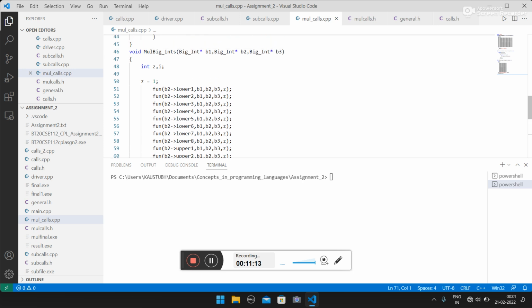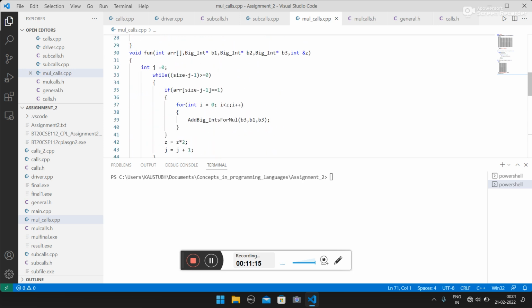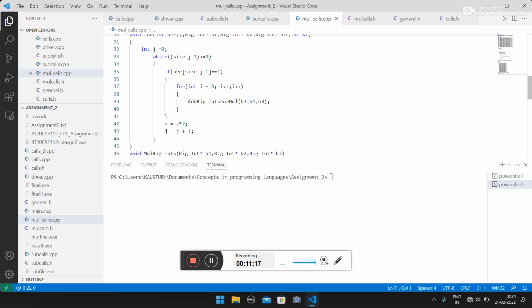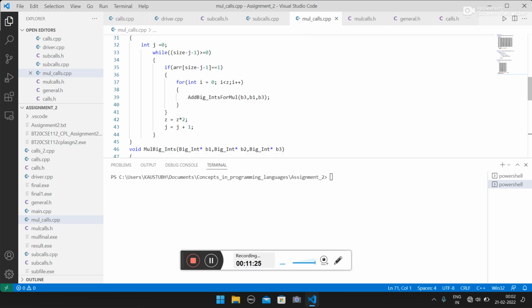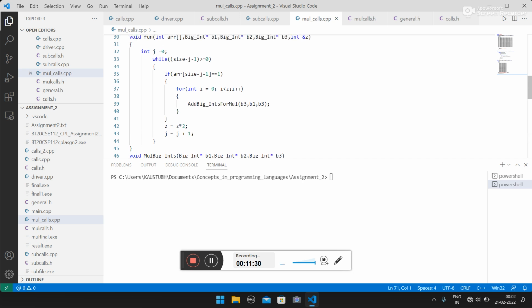In multiplication, what is done here is that the addition is done, and in multiplication this fun function is called. In the fun function, if there is 1, then z is multiplied by 2, as is the case in binary numbers, and up to z the addition is done. After that, if there is 1, then again the addition is done.